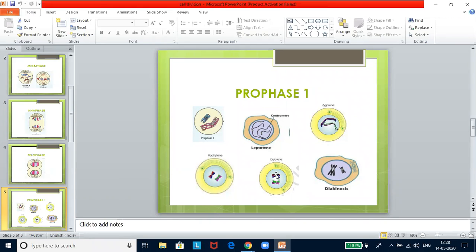Now, the next stage is the diplotene. After completion of the crossing over, the synapsed chromosomes repel each other during the diplotene stage. Separation is not complete since they are held together at the points of crossing over. So these points are called the chiasmata, which will appear as X structures.